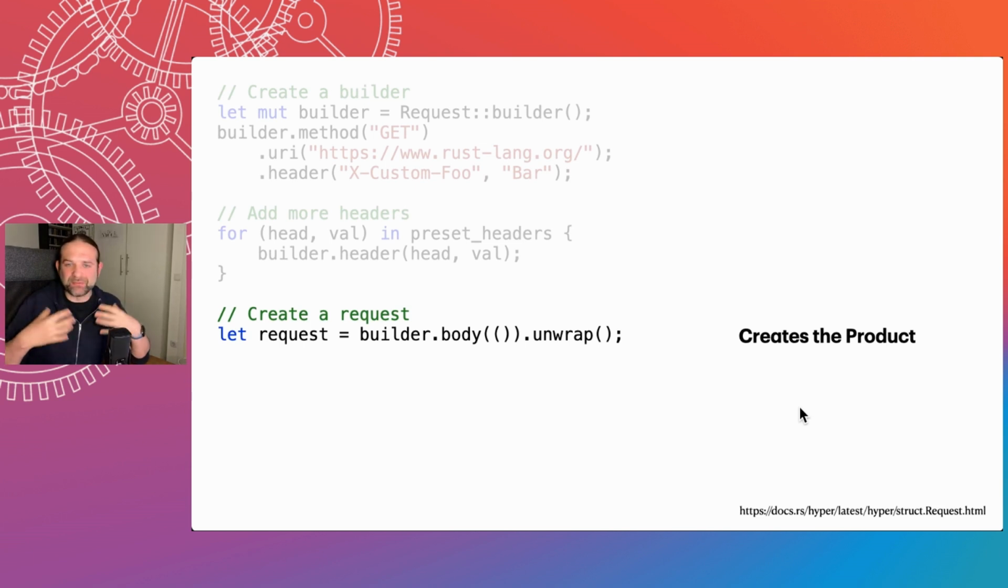And the product is the finished HTTP request. And the body method call is the last method call we do. So after that, our object is constructed. And this follows the pattern of an HTTP request. We are defining method and URI, then we're defining a lot of headers, and the last thing we define is